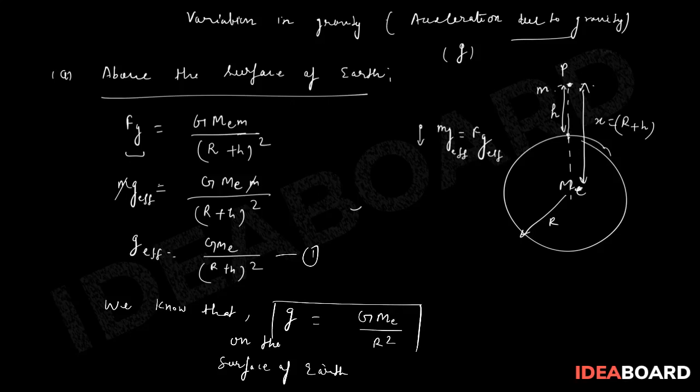We know this is the formula, so we can utilize G Me equal to g R square, correct? So I can substitute this value in equation number 1. If I do that,